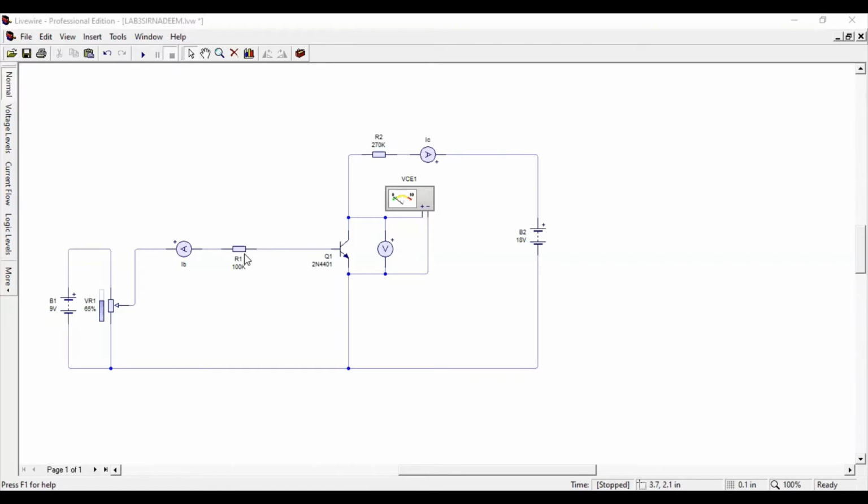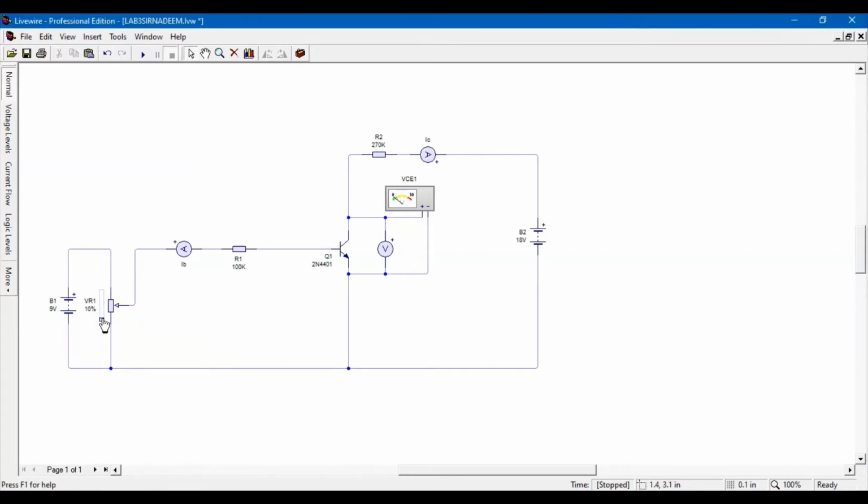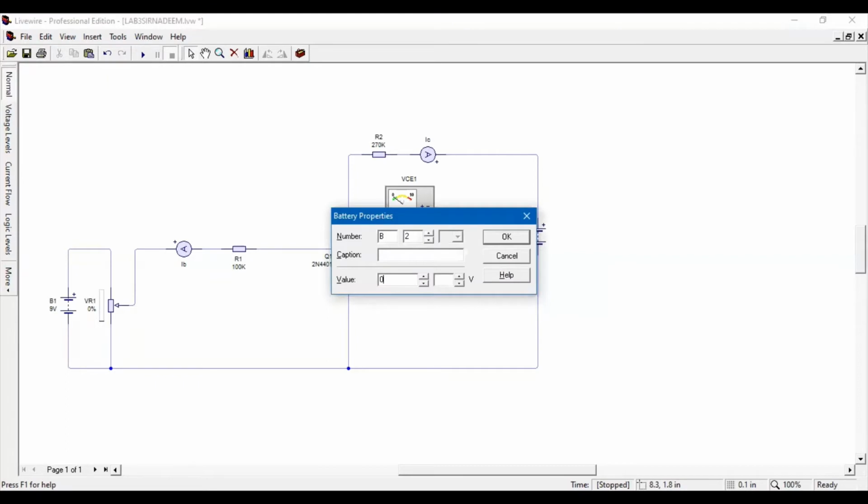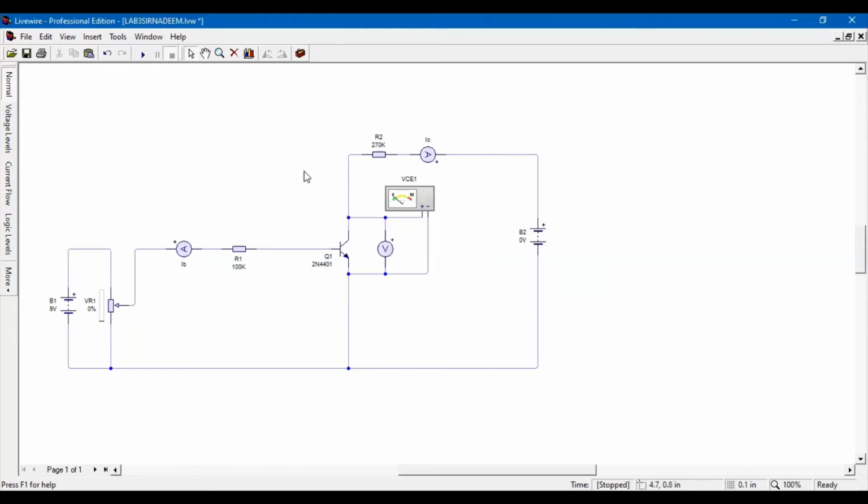Now, before we start the experiment, set the ammeter at 0 and the battery at 0 volt. Then we run the circuit. As we can see here, the IC current is 0 when IB is 0 ampere and the battery supply is 0